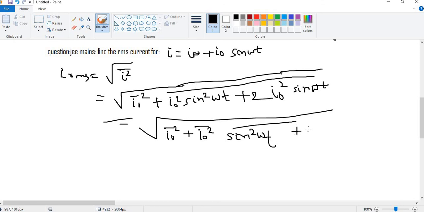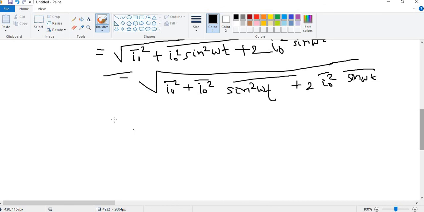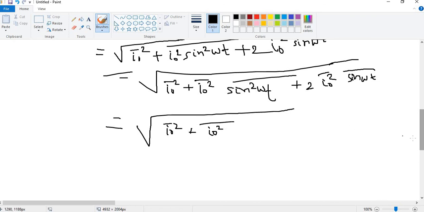And then we have a 2 and I0 squared also, so this much is also separate, and then we have sin omega t, which I am also going to separate, so mean of sin omega t will also be separated. This much is clear. Now I am going to see what we have. First I0 squared is there, and again we have I0 squared times the mean, and now we have the mean of sin squared omega t.